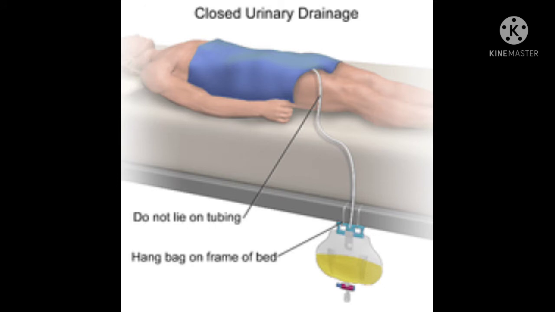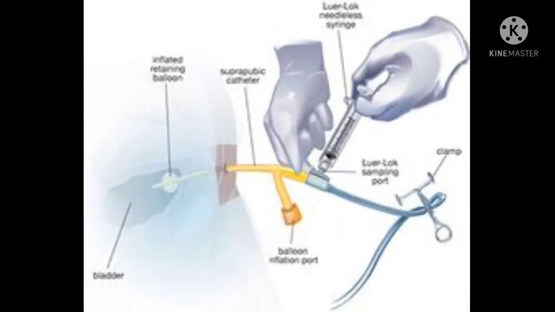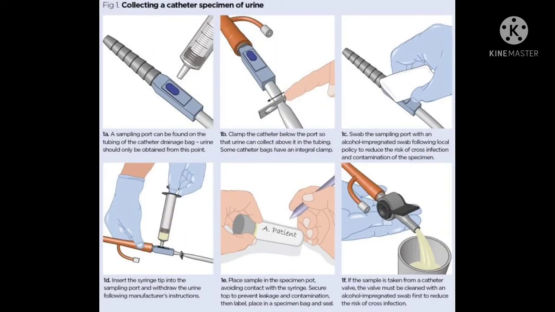Here, clamp the tubing about 15 to 30 minutes before obtaining the sample. Then wash hands thoroughly, disconnect the bladder drainage tubing, and cover the distal end of the drainage tube with sterile gauze till the procedure ends. Release the clamp and collect urine from the catheter. Remove the gauze and discard it in the K basin. Reconnect the tubing and wear gloves while handling the urine.